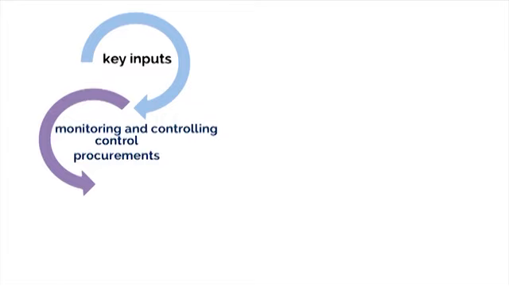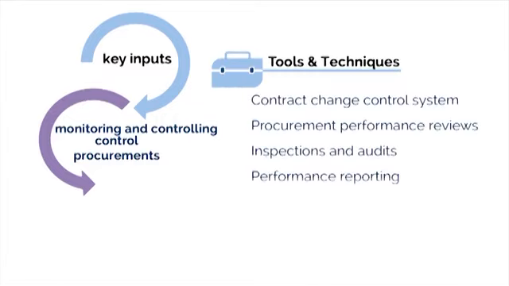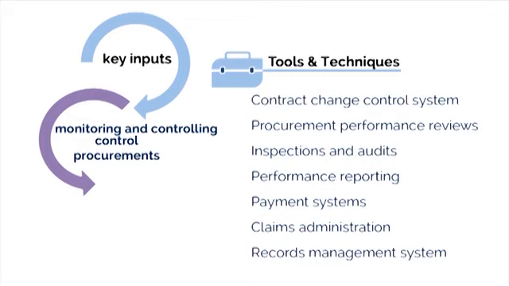The control procurements process includes the following key tools and techniques. Contract change control system, which defines the process by which the procurement can be modified. Procurement performance reviews of the vendor's progress. Inspections and audits. Performance reporting provided by the vendor so we can compare it to the agreed upon requirements. Payment systems, claims administration, and records management system where we can manage the contract and any related procurement documentation that